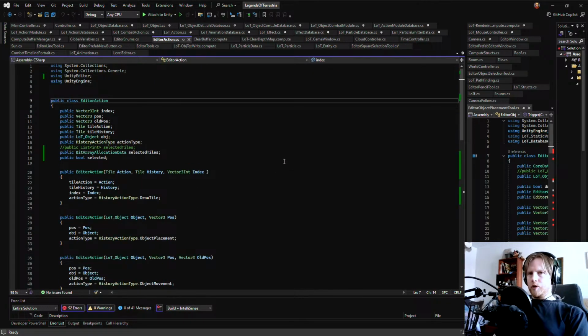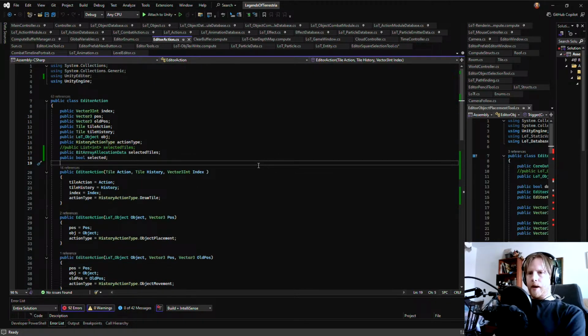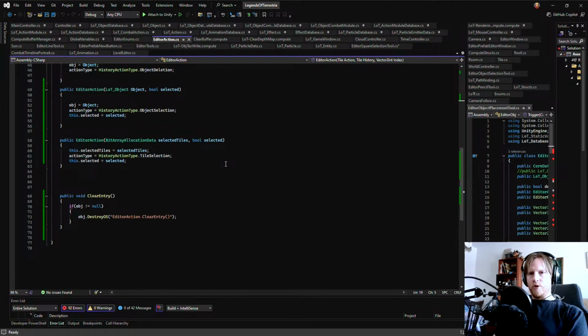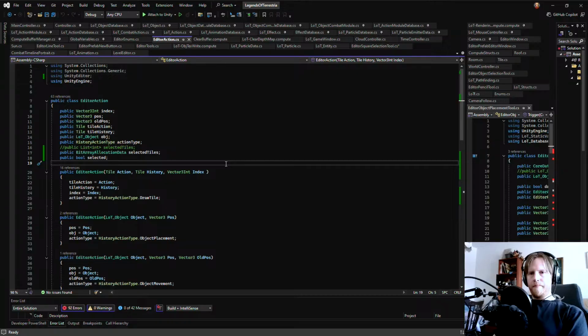Because the editor action, I do think it should have been just a base class, and then everything else inheriting from that. That's one of the issues my old code really suffers from, is over-optimizing stuff like that. Because I'm like, oh, it shouldn't make a new class if it only has like 2 variables or whatever. Like, who cares, man?